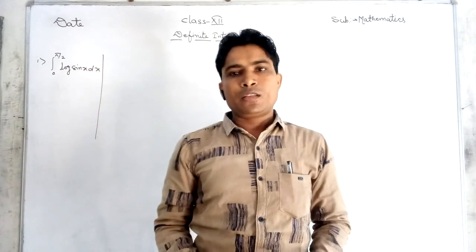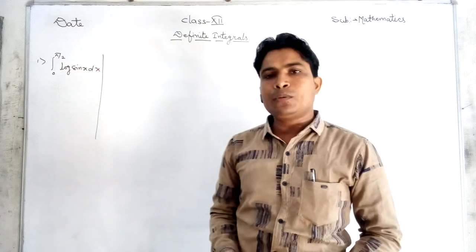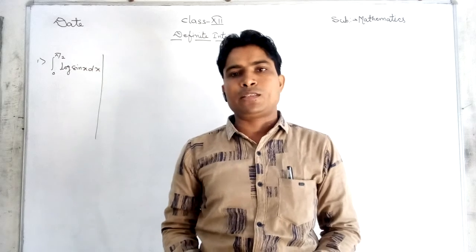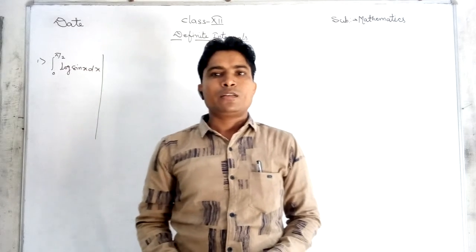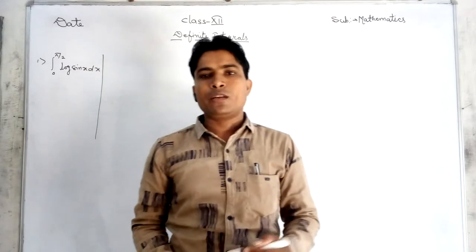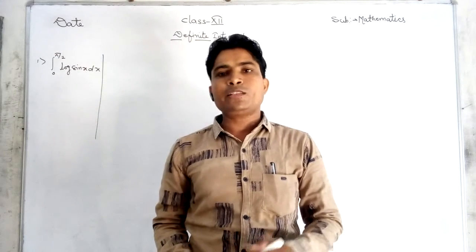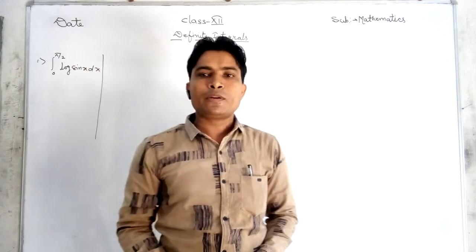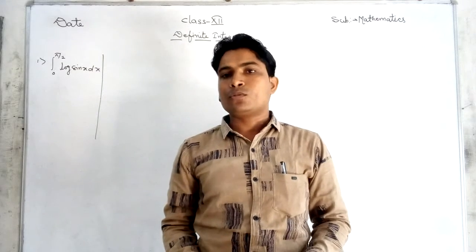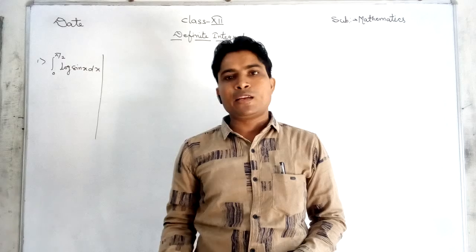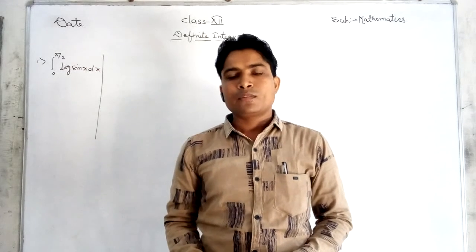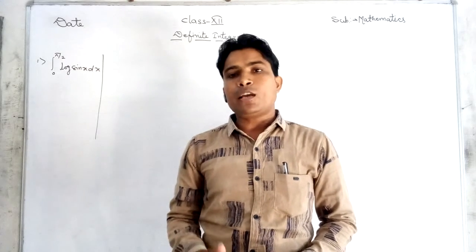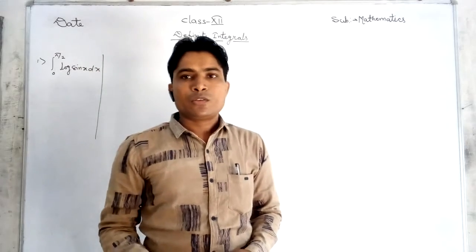P3: if we have the integral from a to b of f(x) dx, then we can change the function to f(a plus b minus x). Same thing. The next property, P4: for the integral from 0 to a, we can change the function to f(a minus x). Similarly, property P6 concerns odd and even functions: the integral is twice the half-range integral if the function is even, and it is 0 if the function is odd. Questions related to these properties become very easy.